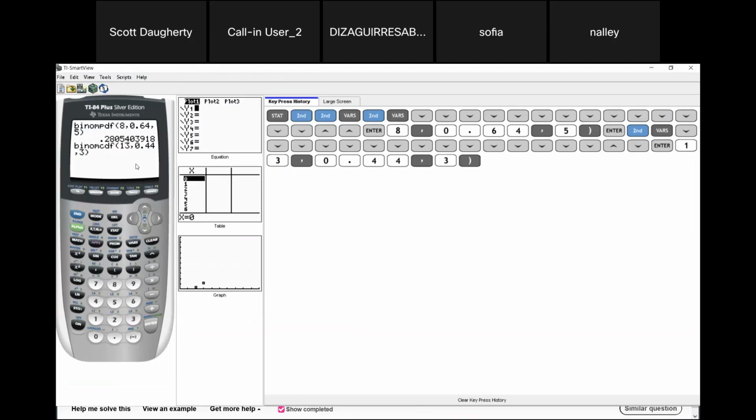Now, what is this going to do? It's going to calculate the probability that x is 0, and then the probability that x is 1, and then the probability that x is 2, and then the probability that x is 3, and then it's going to stop at the number I plugged in, at 3. And then it's going to add up all those probabilities for us. And the answer is 0.1055, about 10 or 11% roughly.